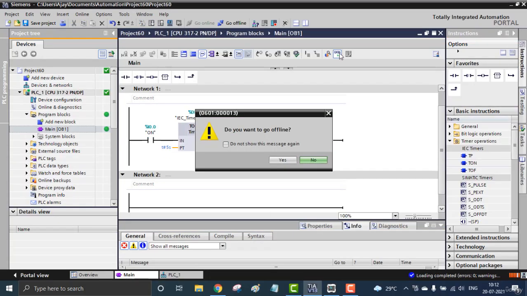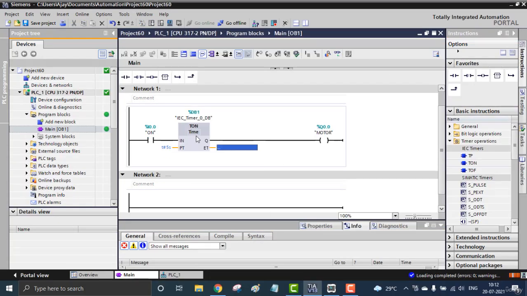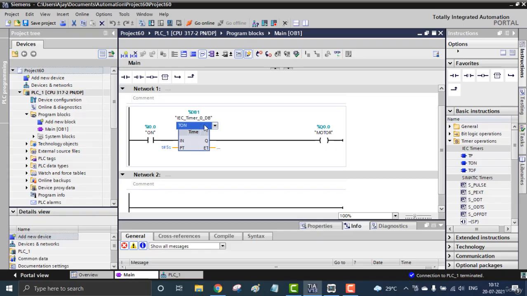So we are going to switch to the very next timer. I'm changing TON to TOF. The data block will be in red color, meaning I just changed the TOF that I have saved. So I'll compile once again, and no change. So I just want to change it to another data block. I call it DB2.